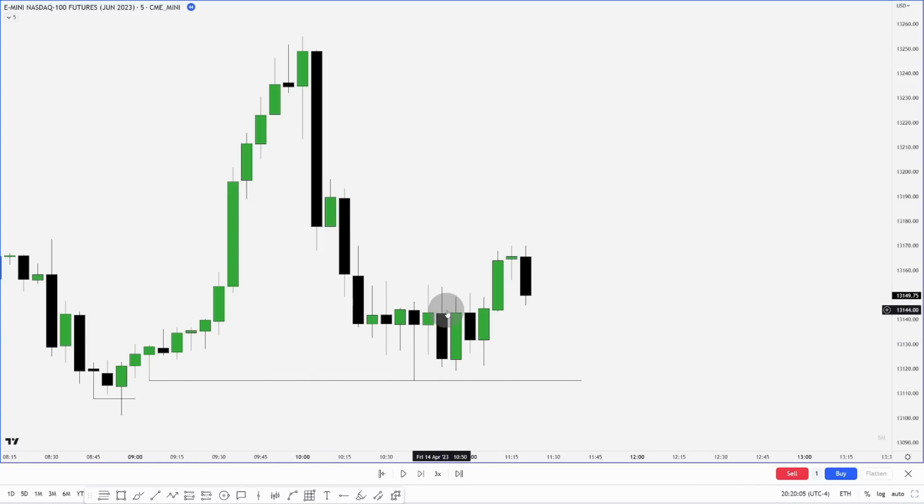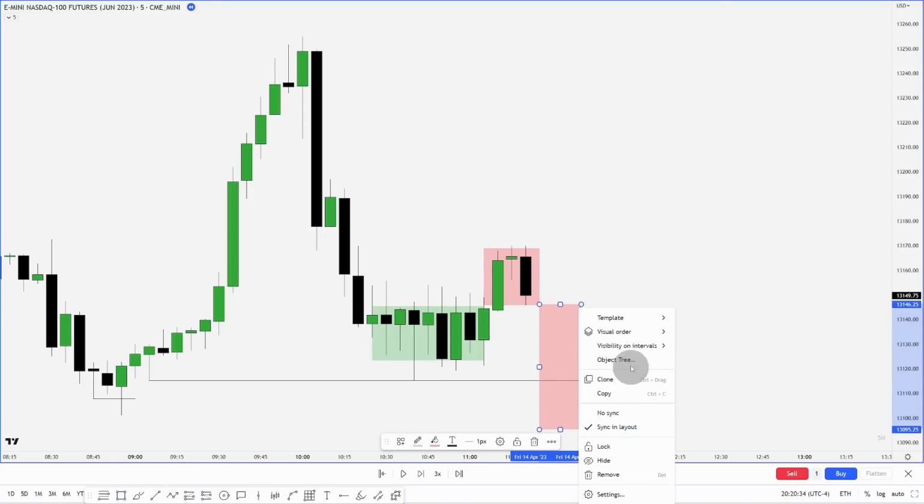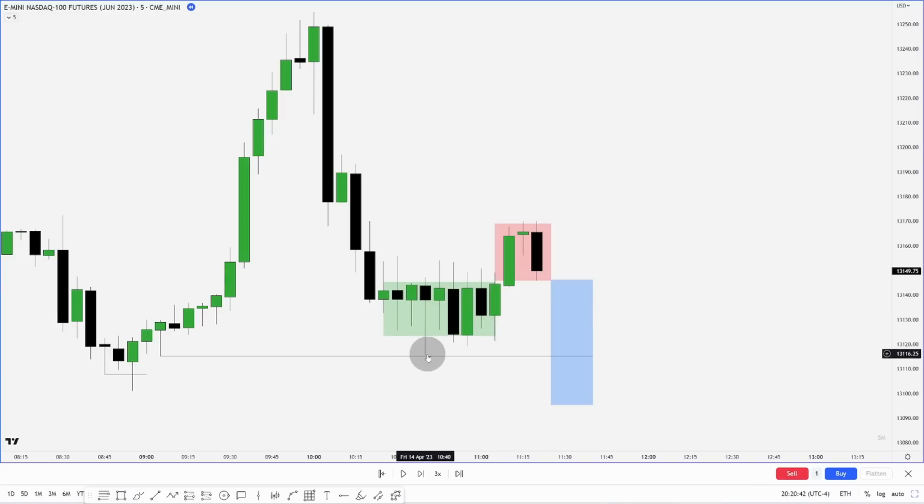Now that we have that, we also have an equal low right here. But looking at the 5-minute chart, what do we have right here? Well, we have consolidation. Now with this move up and back into the range, this is our manipulation. So I would like to see expansion to our target and ideally below this old low. Let's go to the 1-minute so you can see what these lows look like and why I would be comfortable taking this trade even if we didn't have this low over here.